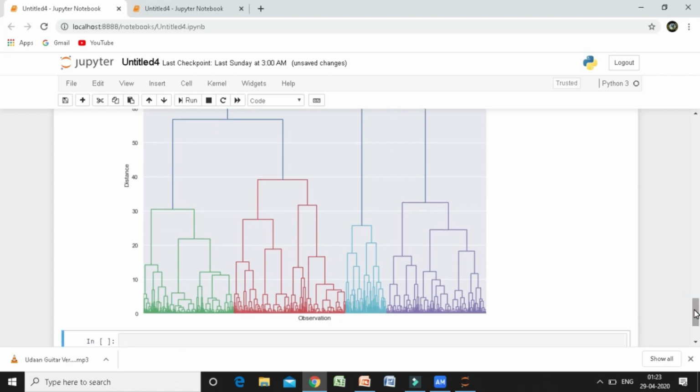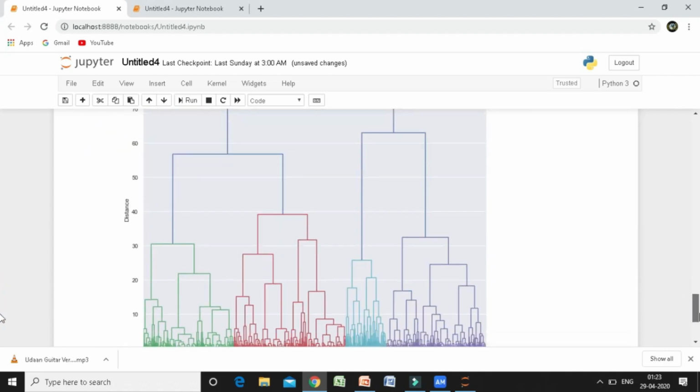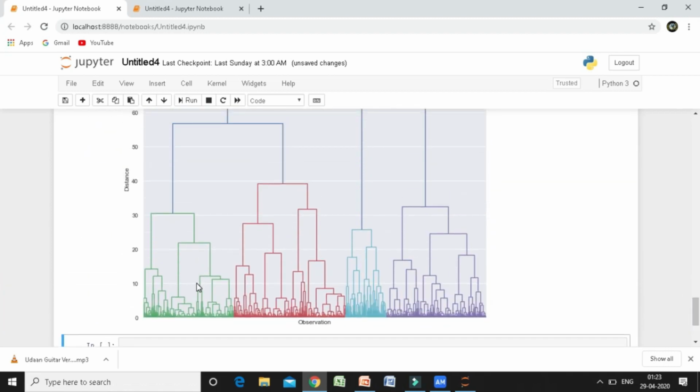So you might have seen this in your market research subject. Now here it is very clear. So how many number of clusters you have? This green, red, blue, and then again this violet color. So you have 4 clusters. So this is your segmented data. This is one group, this is second, this is third, this is fourth. So based on these clusters, you can see which group you want to focus now.